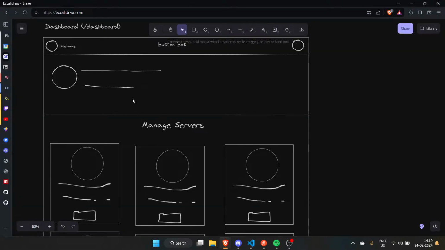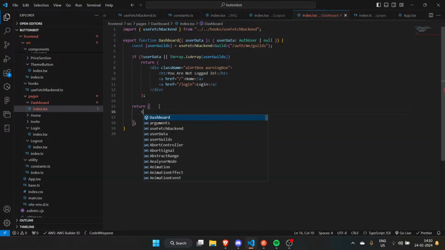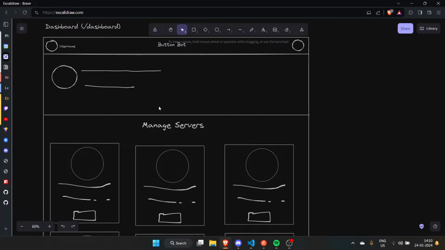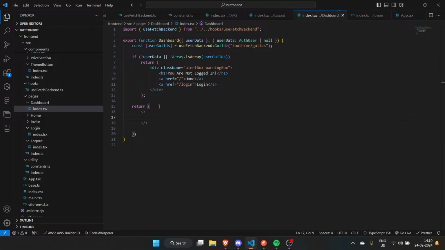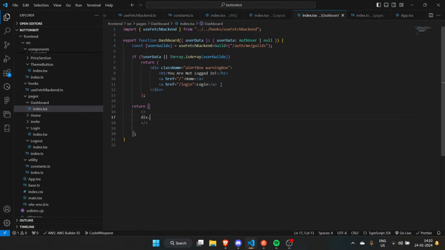Right. So first of all, we have to make an empty element. In that, first of all, we have the profile, div dot user mini. What should I call it? The class names are so hard. So this is a section in which I have username and a bit of description of this dashboard.